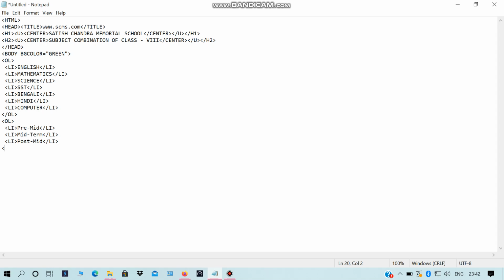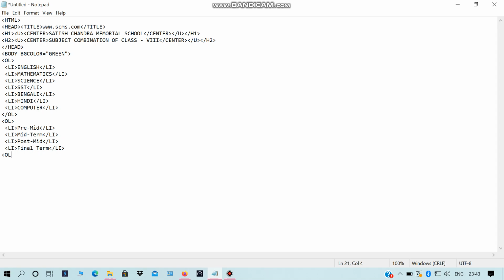Then again we give li for the last time, and we write here the final term, and then we end with the ending li tag. So this second ordered list we have created to show how many exams we give throughout the year.